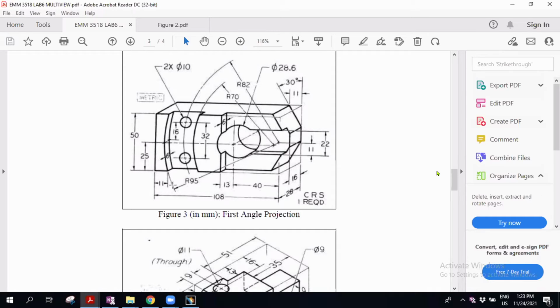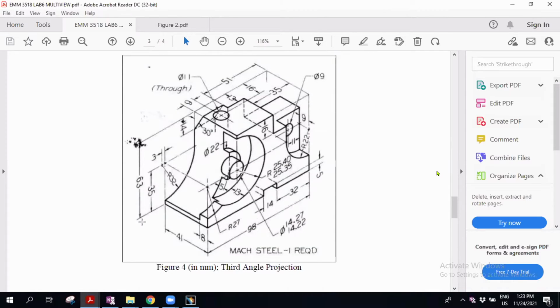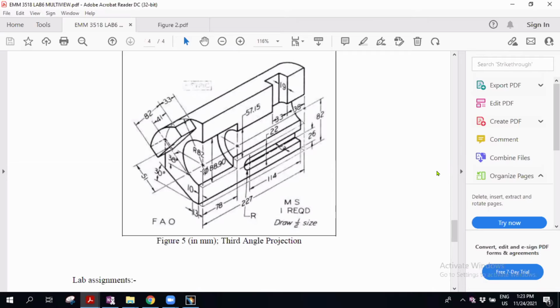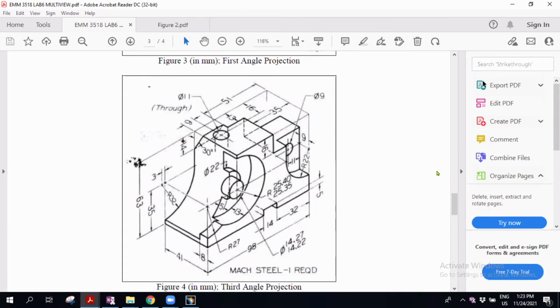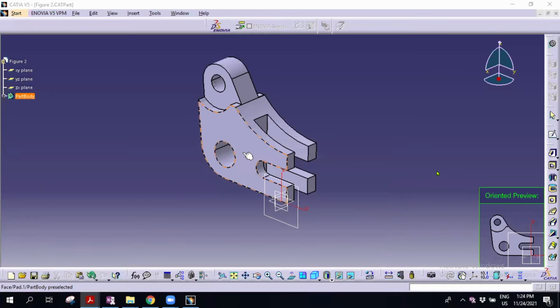In this case, the front view should be here. Here also, you cannot select the front view from this area. This is a bit tricky because this area doesn't represent most of the geometry. You need to take the front view from this area. And number 5, the front view should be from this area. Why? Because it presents most of the detailed drawing, rather than this view. So back to this one, your front view should be in this area.